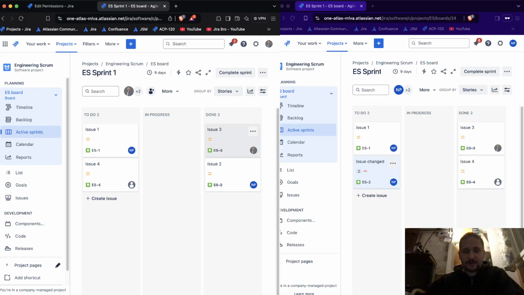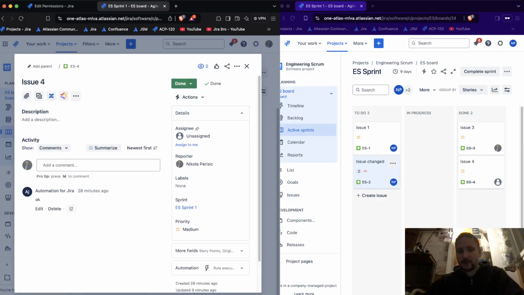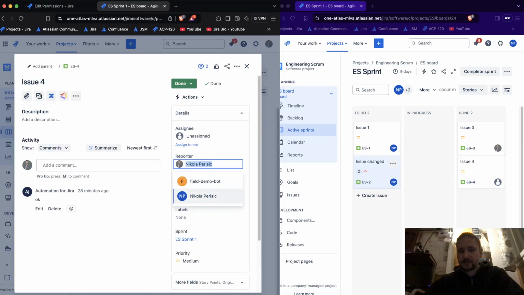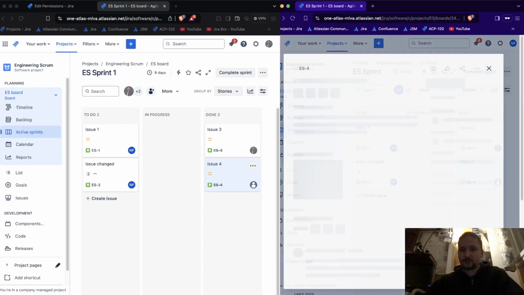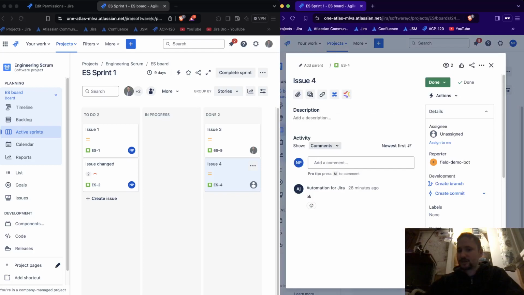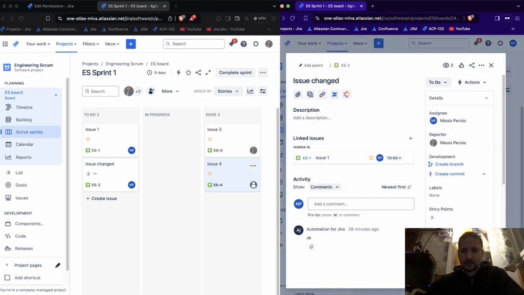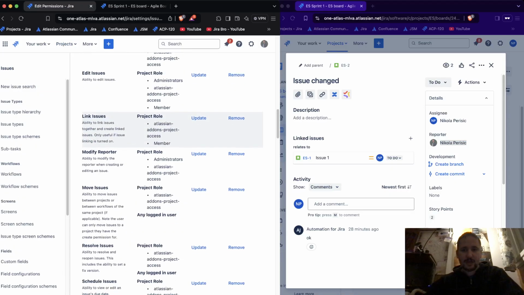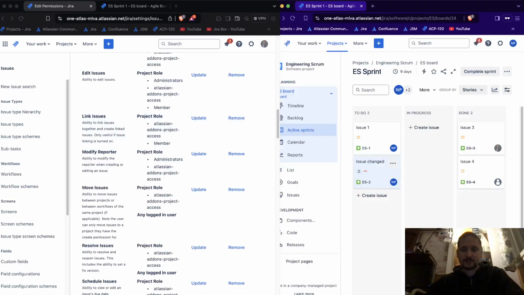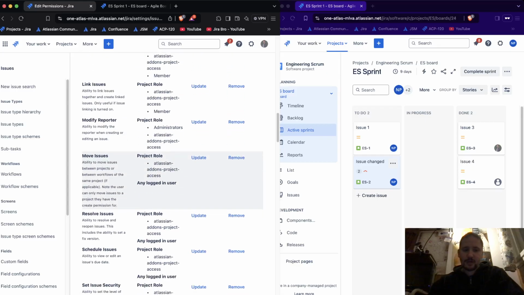to modify this, I can actually do this as an admin, right? Reporter, I can say, you know what, someone else is a reporter. Field demo bot is a reporter, and I can see the changes that were being made. But if I want to change the reporter, it's saying reporter cannot be edited. Maybe it's a good thing for the administrators to have this project role instead of anyone else. All right, so